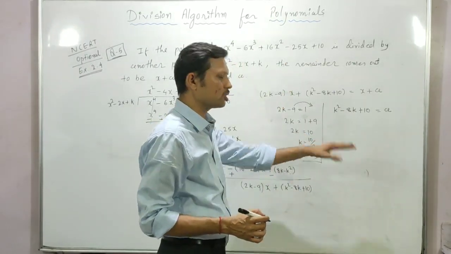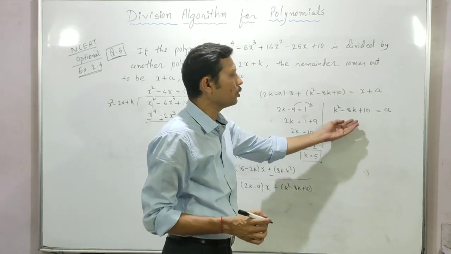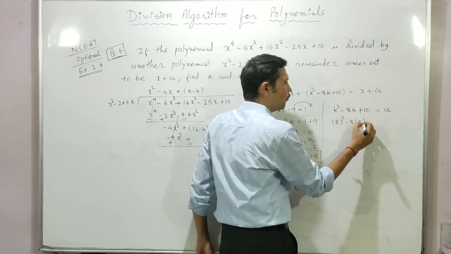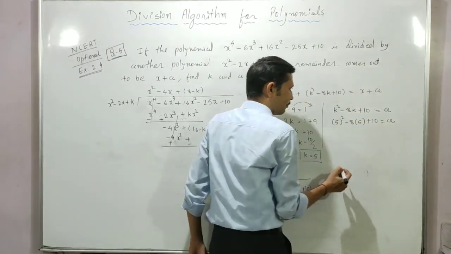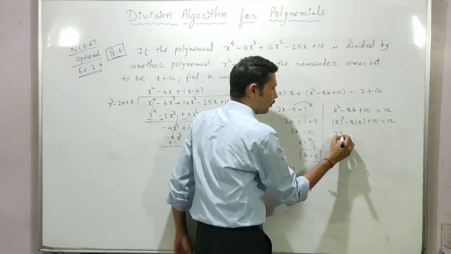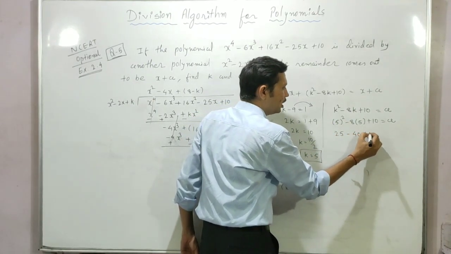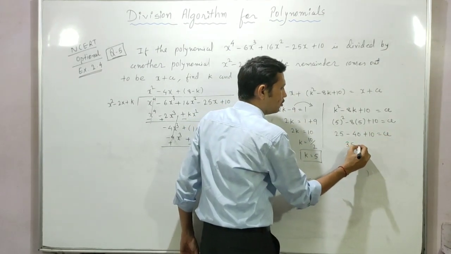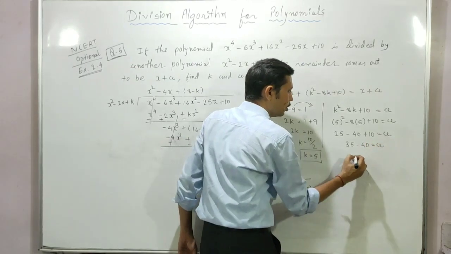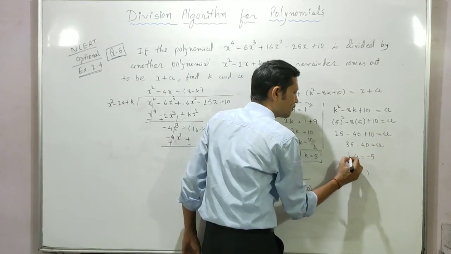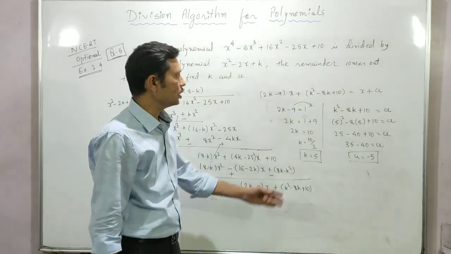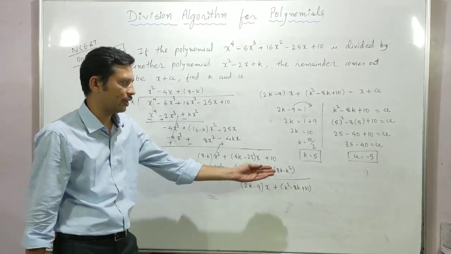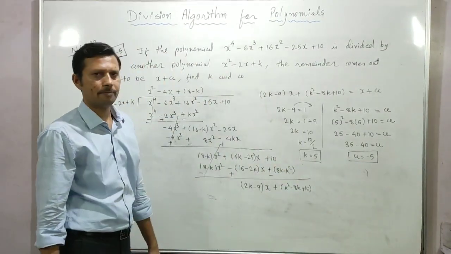चलो अब a की वैल्यू कैलकुलेट करते हैं, वो तो बहुत सिंपल हो गया, सिंपली k की वैल्यू 5 को यहाँ रिप्लेस कर लेंगे हम। सो 5 द स्क्वायर माइनस 8 into 5 प्लस 10 दैट इज इक्वल टू a, 5 द स्क्वायर 25, 8 5s are 40 plus 10 that is equal to a, 25 plus 10 35 minus 40 that is equal to a। तो वैल्यू ऑफ a क्या बन के आया हमारे पास -5। तो इस तरह से हम वैल्यू ऑफ k एंड वैल्यू ऑफ a दोनों कैलकुलेट कर पाएंगे। ओके, वैल्यू ऑफ k इज 5 एंड वैल्यू ऑफ a इज -5।